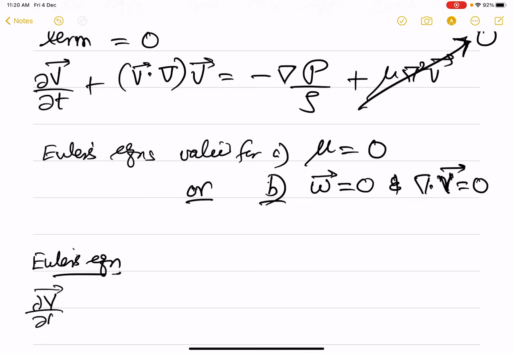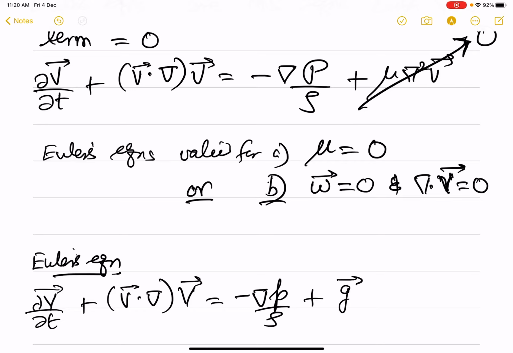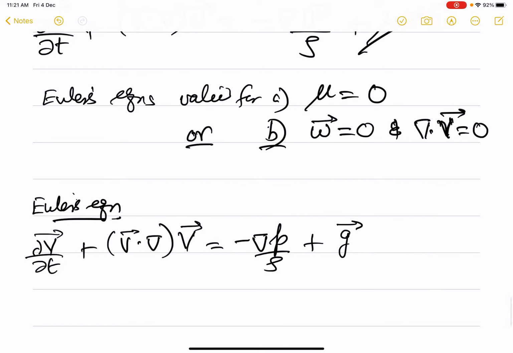Partial V by partial T plus V dot grad V is equal to minus grad P by rho plus G. I have divided the equations by rho. Now what I do is, let us use